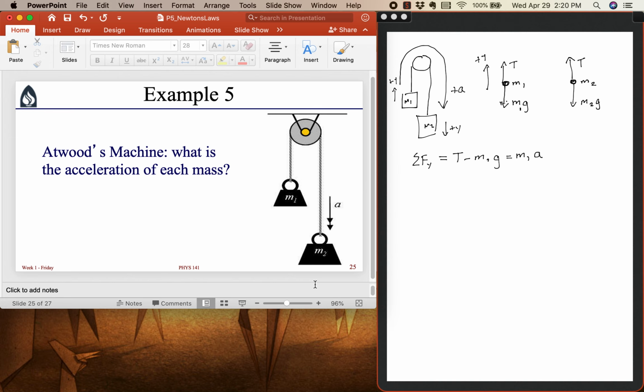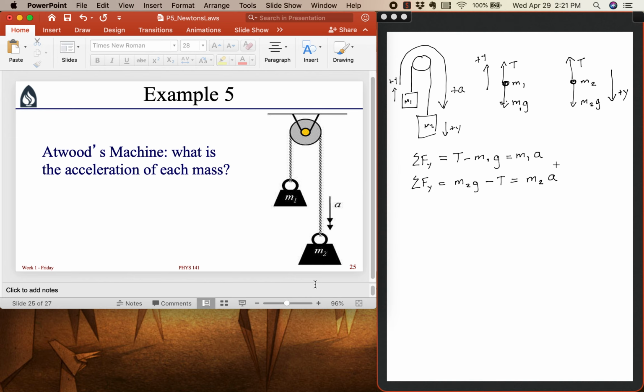Now remember what I said, m2 is accelerating downward, and I'm making the direction of acceleration for these two linked objects to be the direction of positive motion. So that means I'm going to choose a coordinate system where downward is the positive y direction. If I do that and then sum the forces in the y direction for this second mass, m2g is in what I've defined as the positive y direction, and then the tension force is in the negative y direction as I have defined it here. That's going to be equal to m2 times